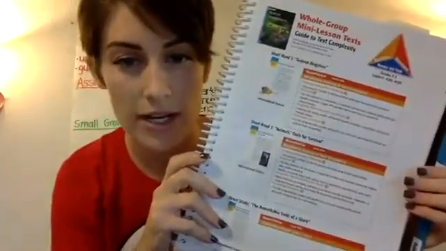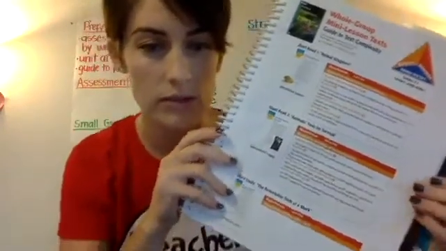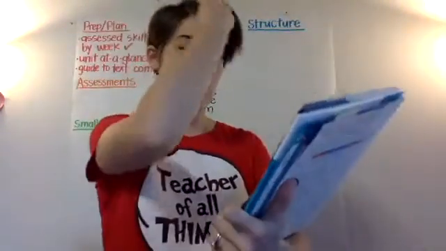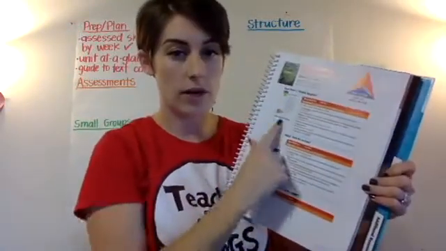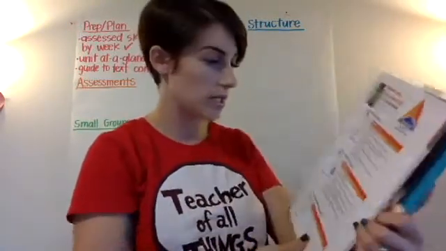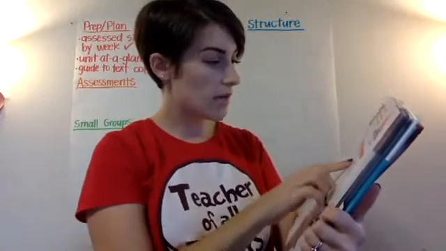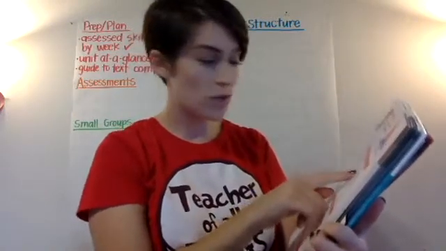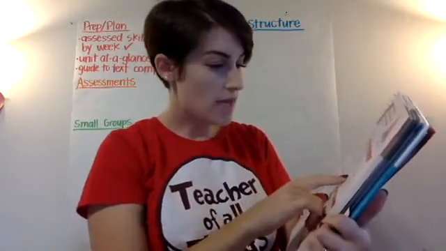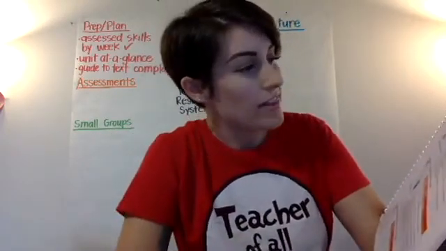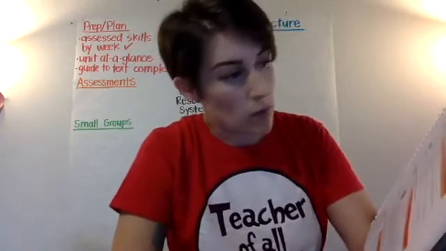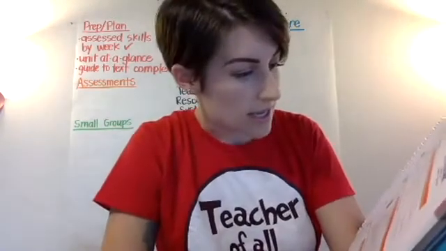This is a page that I used to skip over last year. I never really looked at it, but it's pretty helpful to know the Lexile levels of what you're reading in class in your text for close reading. And then also it'll tell you a little bit about the structure of the text and then anything that might be challenging. So for example, in the short read for Unit 3, Week 1, Animal Disguises, it says,